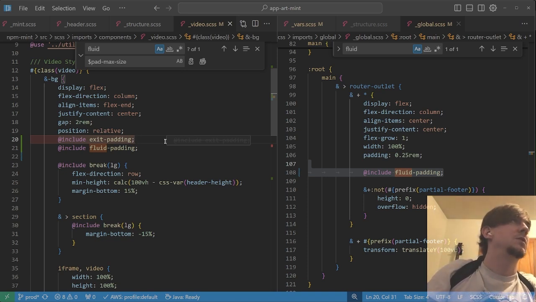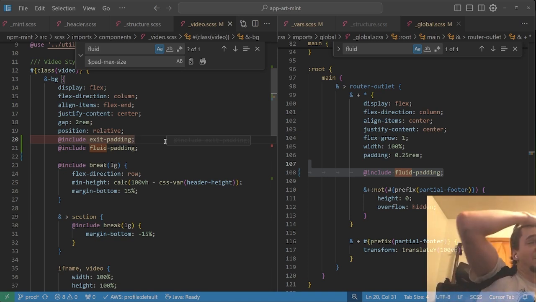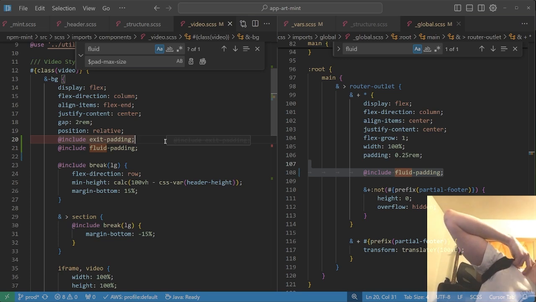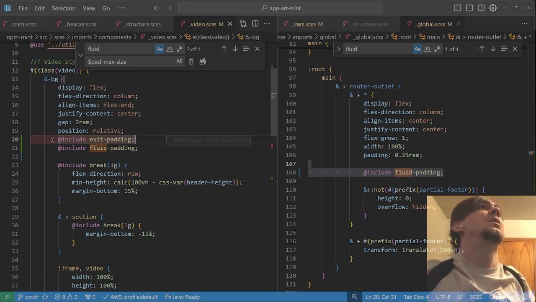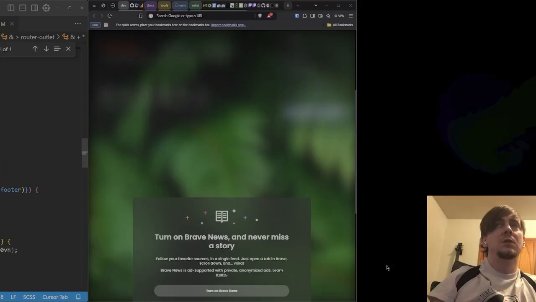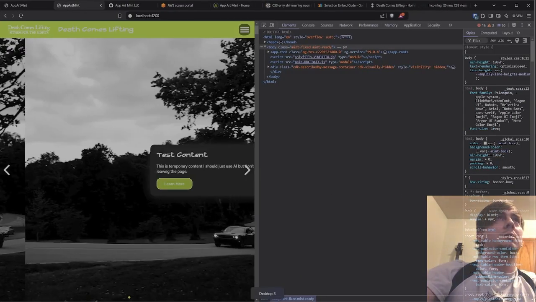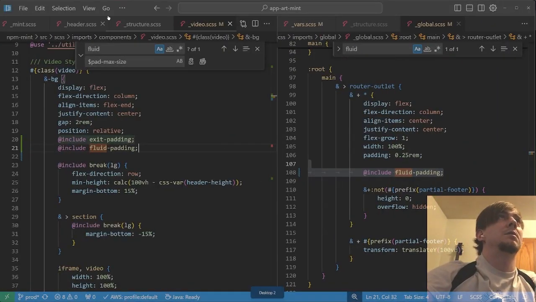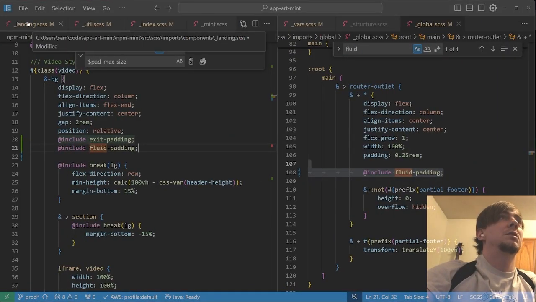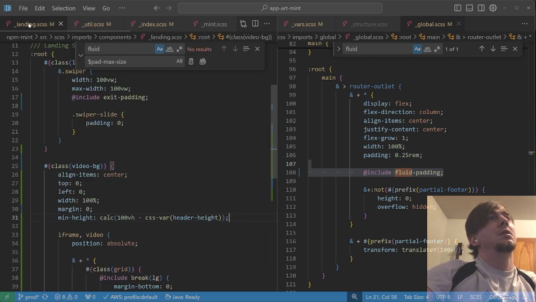That's a little confusing, but exit padding doesn't actually do anything to the padding. It's top, left, and width, whereas fluid padding just adds padding. So we're good here. Got that there. It looks good, but in landing,